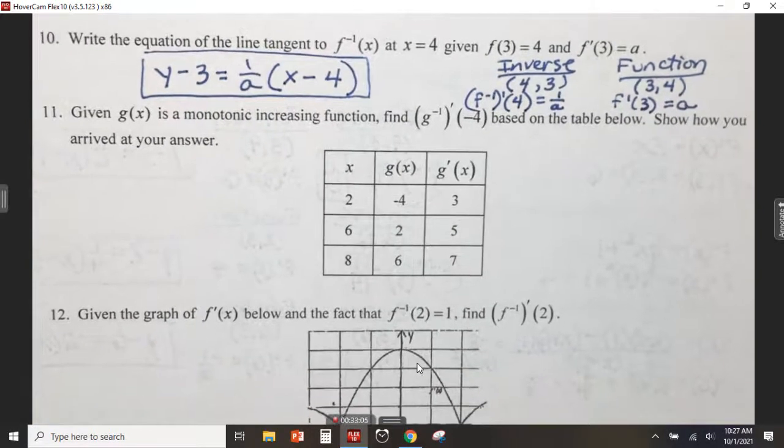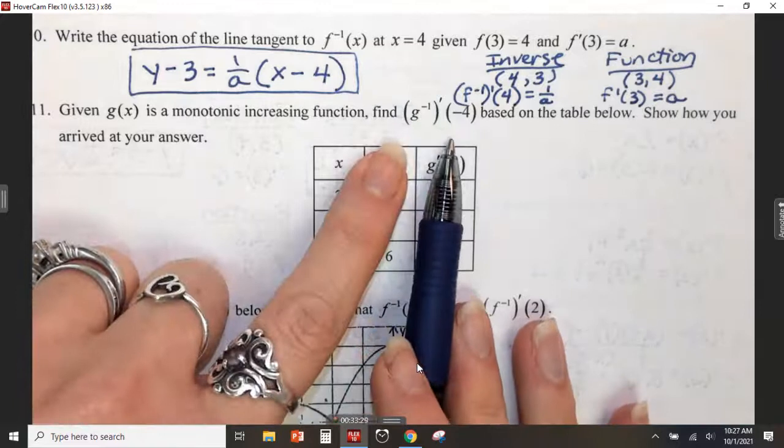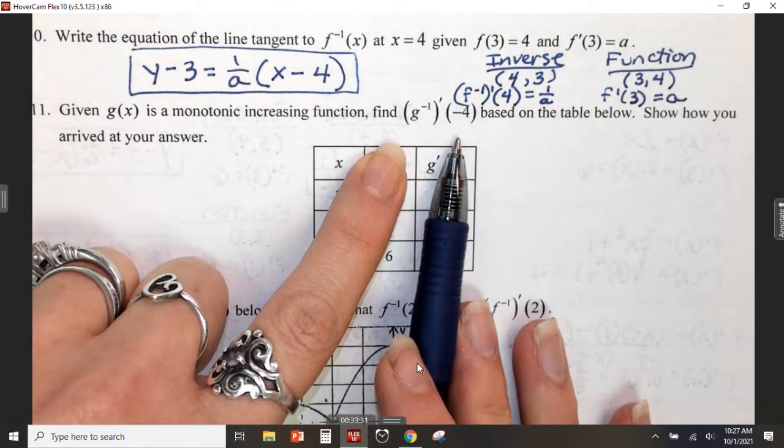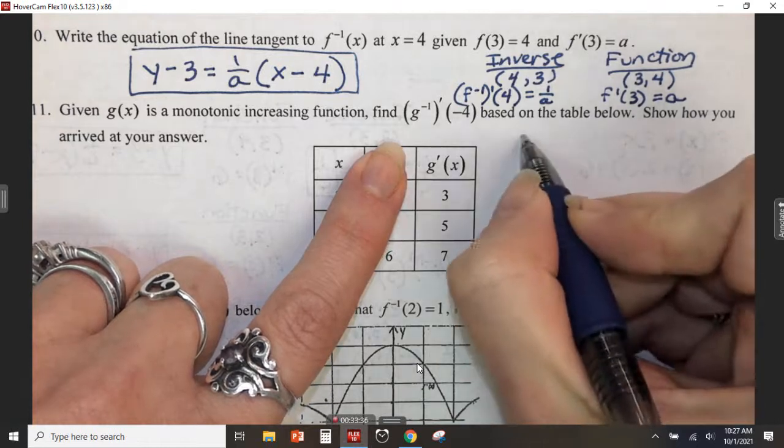All right, number 11. This one is based on a table. It says, given that g of x is a monotonic increasing function. So monotonic would be another way of saying it's a one-to-one function. So it could pass both a vertical and a horizontal line test. So they're just saying that so that you know for sure that taking inverses is okay. All right? Find g inverse prime of negative 4 based on the table below and show how you arrived at your answer. So the inverse